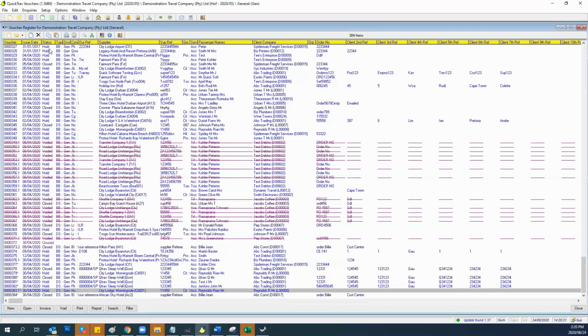Okay, the easiest way for you to understand what the different statuses mean: anything that is closed means that we've either received the commission for it, or if it's a bill back, that we've actually done an invoice for it and deducted our commission where applicable, and that it's now completely closed. Voided,